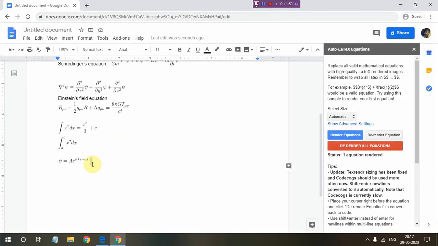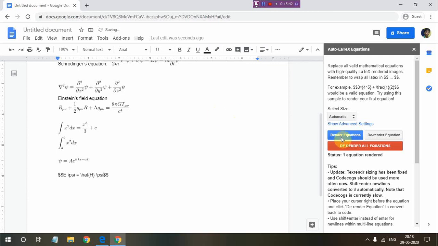And one more thing, if you need to type a hat or something, for instance, one famous form of the Schrödinger equation is E psi equals H cap or H hat psi, where this H hat is nothing but the Hamiltonian operator. This is a simple representation of the Schrödinger equation, because H cap is actually a very complex term. To type such equations, you have to use the hat symbol. So E psi equals, first backslash, then hat, and then in curly brackets the thing over which you need that cap symbol or hat symbol, whatever you may prefer, and then of course psi.